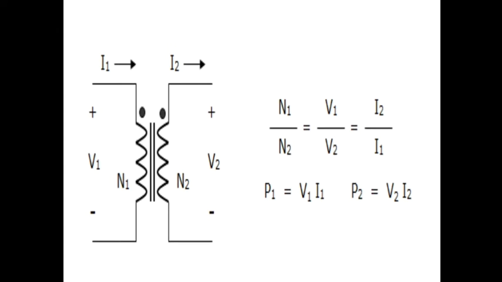So, if you increase the voltage, you should increase the number of turns. Suppose you have to make the step-up transformer. So, at primary side, voltage is less, but at secondary side voltage is high. So number of turns at secondary side will be more compared to the primary side. Power at the primary side and secondary side, P1 equal to V1 I1 and P2 equal to V2 I2.